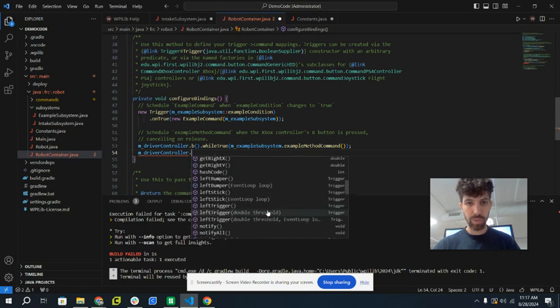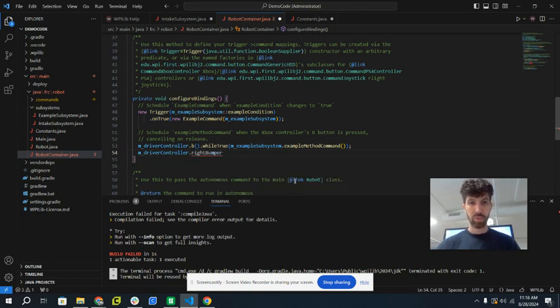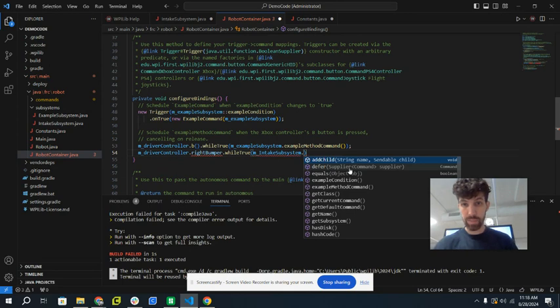We also have the bumpers. Let's tie this to the bumper. Let's do right bumper. So while true, so while the button is pressed, it is going to run the intake subsystem dot